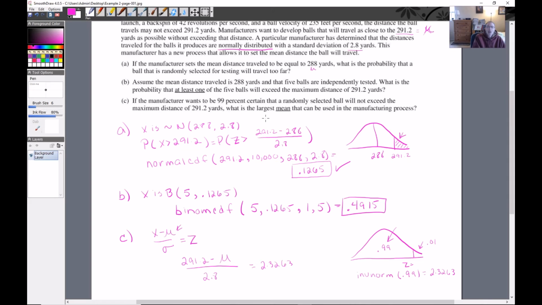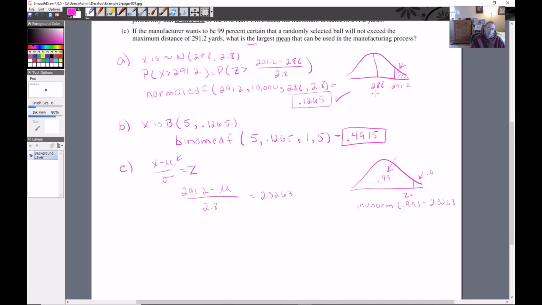Because it says, what is the largest mean? It doesn't mean like what range of values are we looking for. It is a single number. So that's not an inequality, right? So multiply each side by 2.8, then subtract 291.2, and then fix the negatives, and you're going to get mu equals